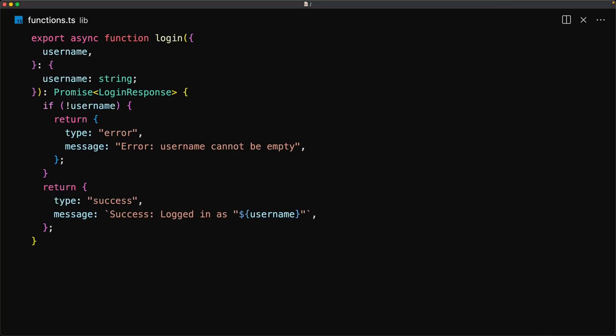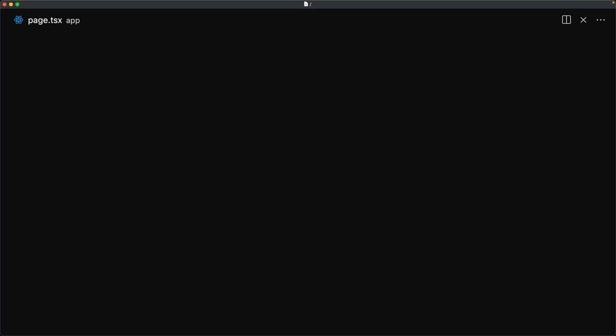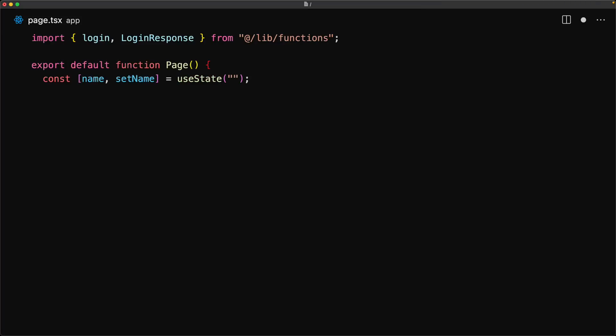To effectively demonstrate using this function from a client, we will create a new custom client page. We start by bringing in the login function along with the login response type. Within the page, we set up a state variable which will help us collect the name from the user. And as we've previously seen in our lesson dedicated to server functions, we will track when a server action is